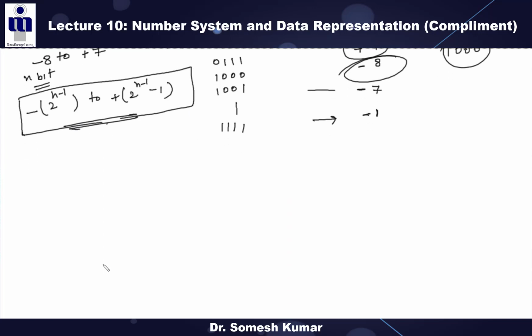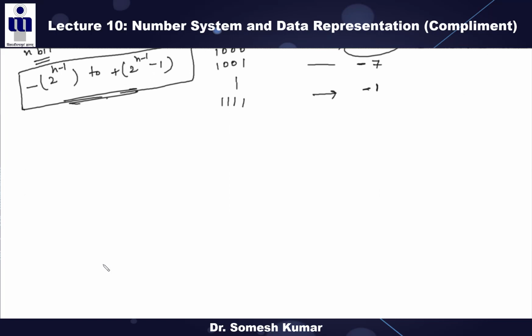Okay, so now we will discuss how we can do addition and subtraction using the 2s complement representation. There is one condition that exists in the 2s complement, that is called the overflow condition. Overflow can occur in signed arithmetic operations. All these additions and subtractions occur in registers, and registers are used to store all these bits.